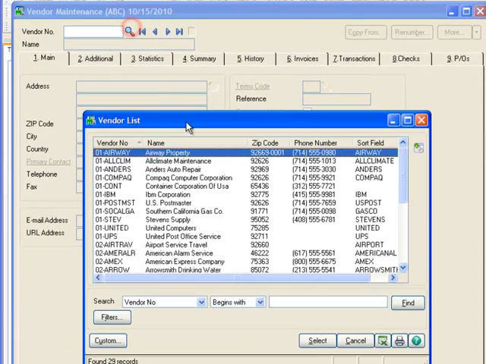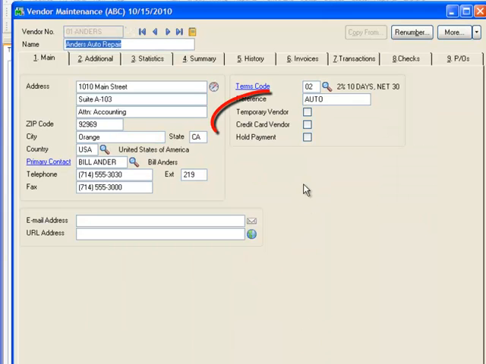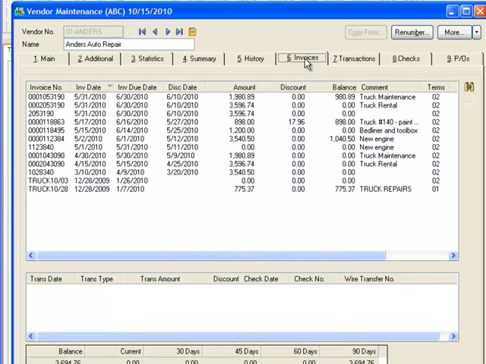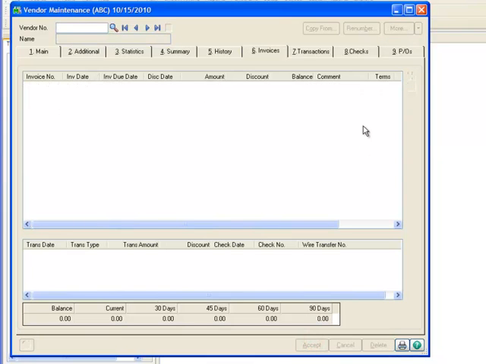So we'll use the lookup to locate their record and hit Select. Notice that the credit card vendor box is not checked. It's only necessary to check the box for the vendor to which invoices will be transferred, not the vendor being paid by the credit card. Now let's click over to the Invoices tab to verify that they have some open invoices. Here we can see that there are several that are open, so let's click Accept and close the vendor maintenance